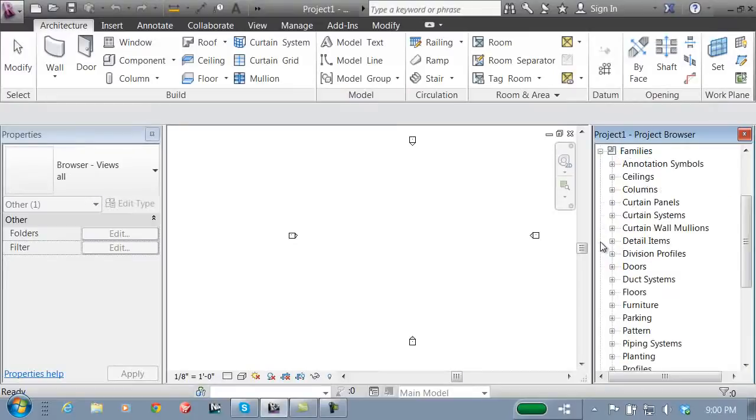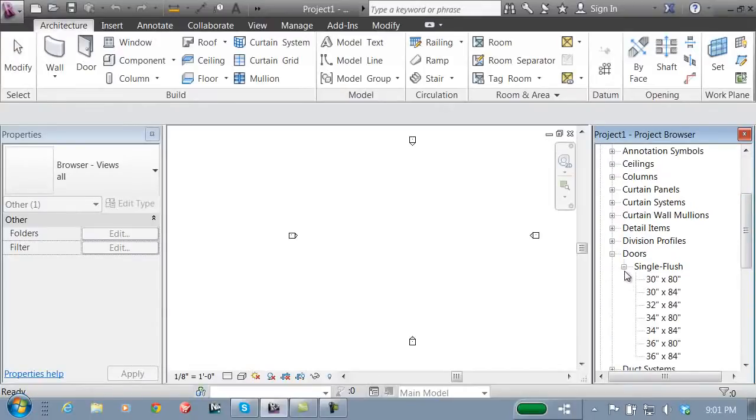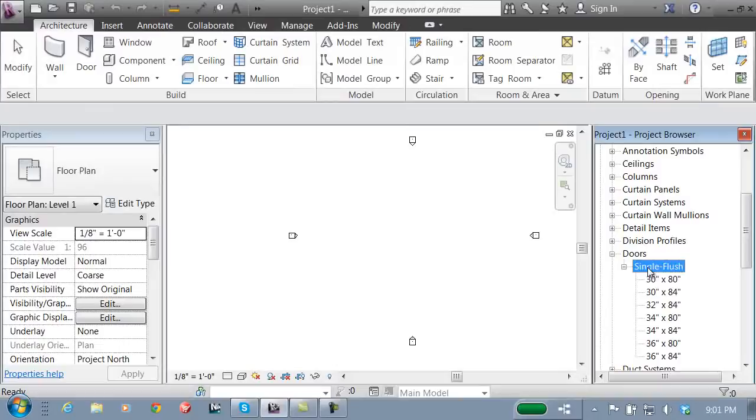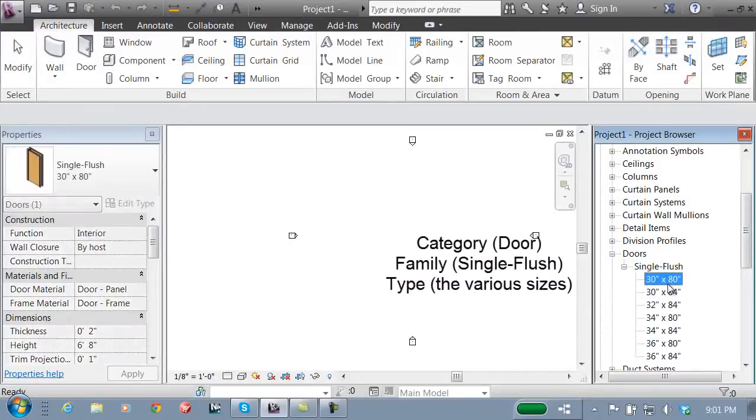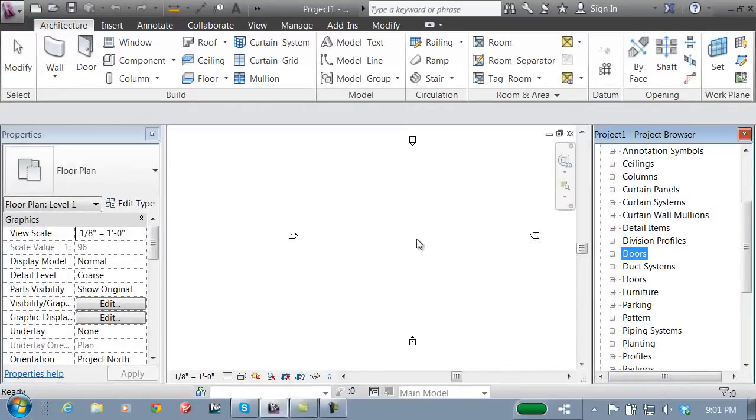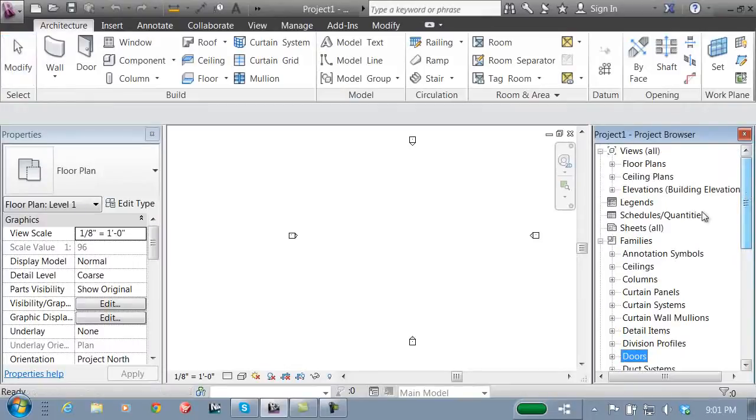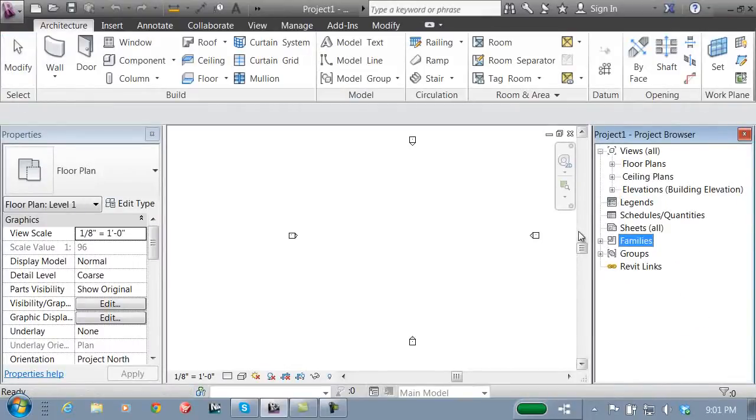If I open the Families tab here, expand the Families tab, if for example I look under doors, you see I've only got one door style. The terminology that would be used is that the category is a door, the family is single flush, and the types are the different sizes of the door that are available inside the project here. So my first step to set up the project is to go to an elevation view,